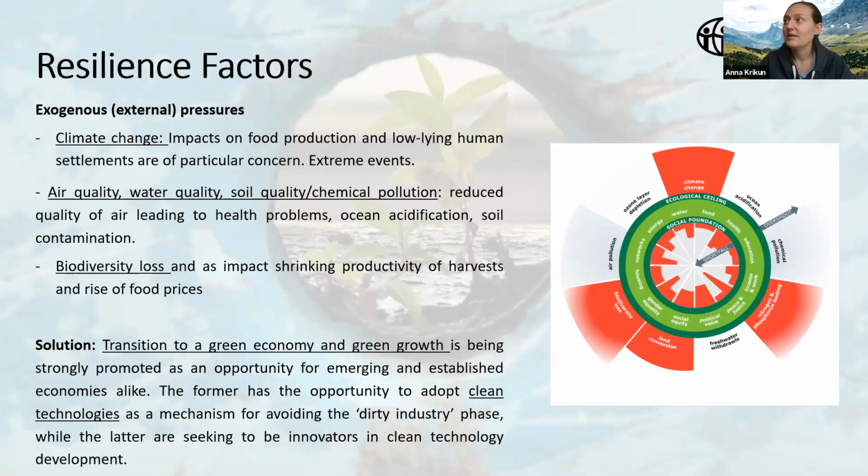You know that it reduces the quality of air and is a cause of many health problems. A good example of this is big mega cities, like for example New Delhi, where especially some of the most vulnerable areas, which are slums and the areas of production where the factories are located, are the most polluted ones. And another one is biodiversity loss.